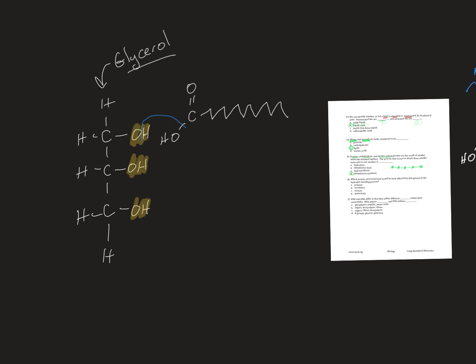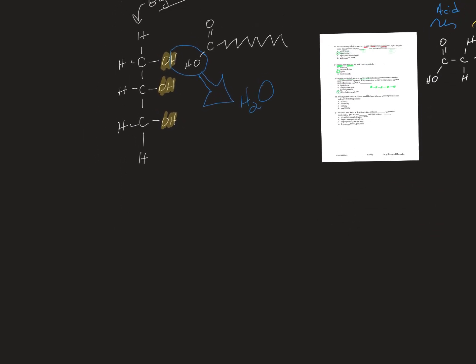So we have to do something like this. Hydroxide off one and hydrogen off the other, right? That's right. And then what happens is we make what? Water, just like we did in the lab. There you go, make water. And the result is